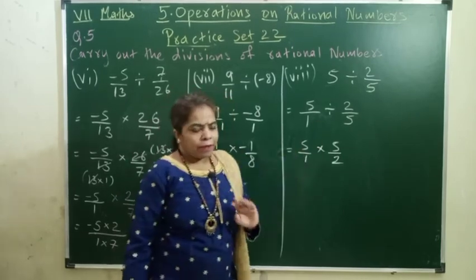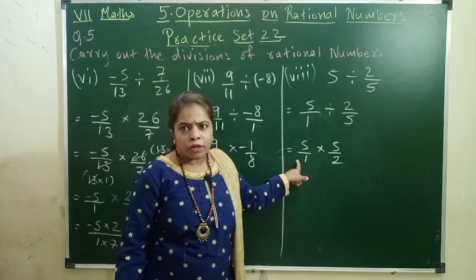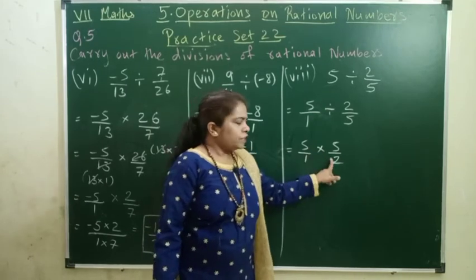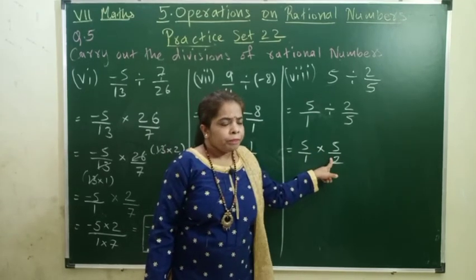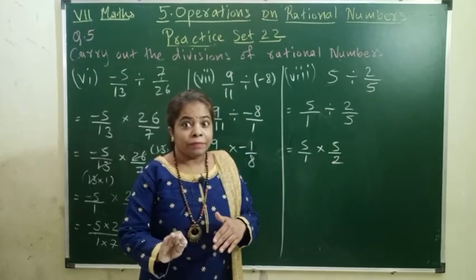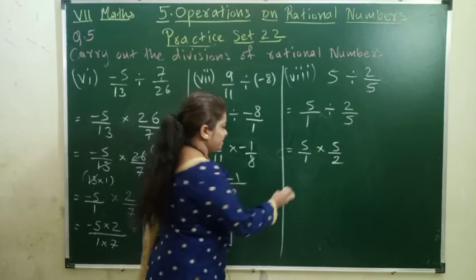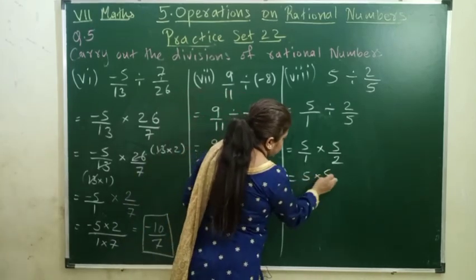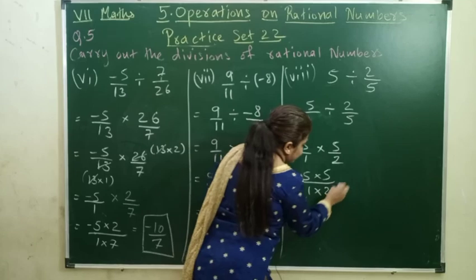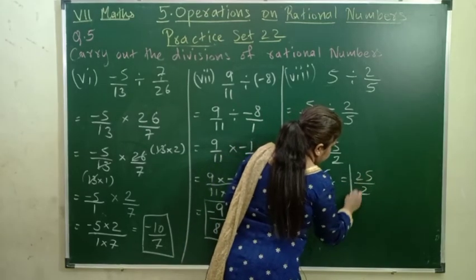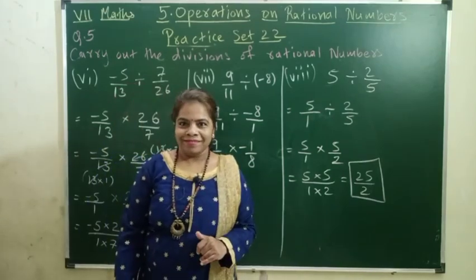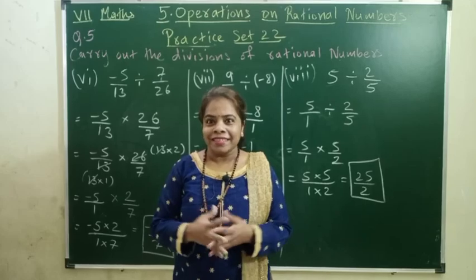So now we will multiply, because see, 5 and 1 do not come in a common table. 5 and 2 do not come in a common table. This way also 5 and 2 don't come in a common table, and this way also 1 and 5 don't come in a common table. Means we are talking except the table of 1. 5 into 5 upon 1 into 2. That's our answer. Over. I hope that you all have understood these sums.